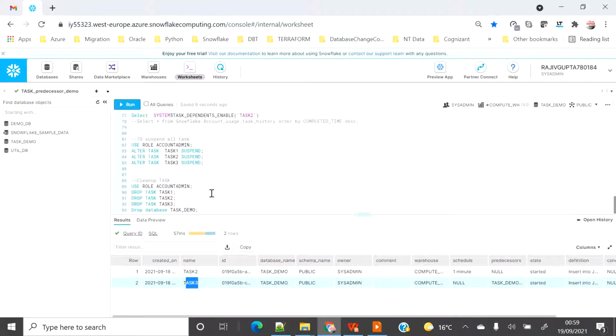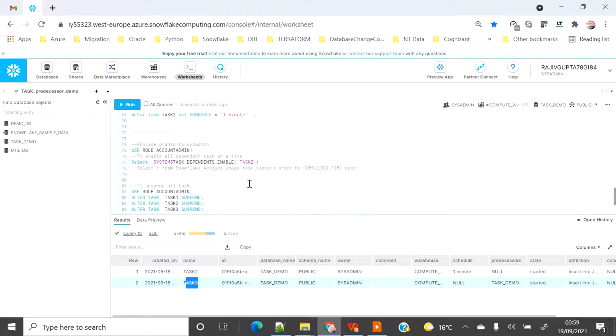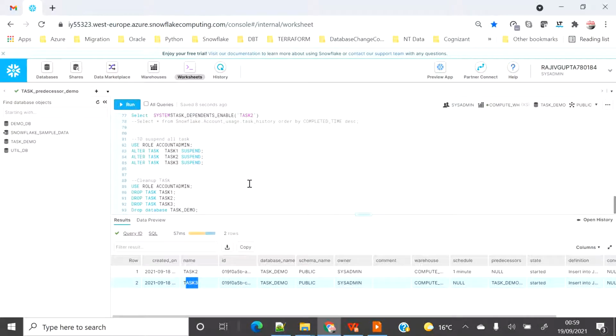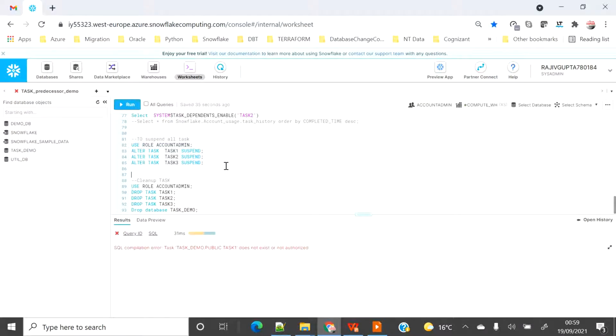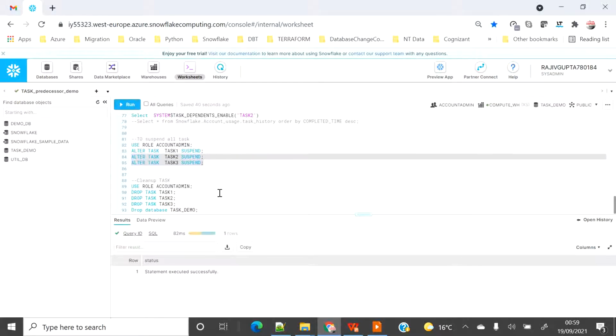So now we have seen how things work based on the linking between the parent task and the child task. As we have already seen the whole demo, I don't need this setup anymore, so I'm going to suspend all the tasks, stop all the tasks, and drop all the stuff.